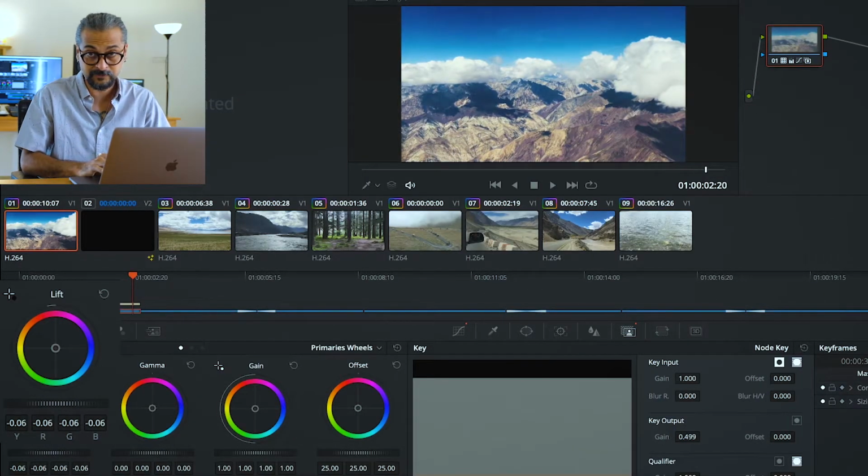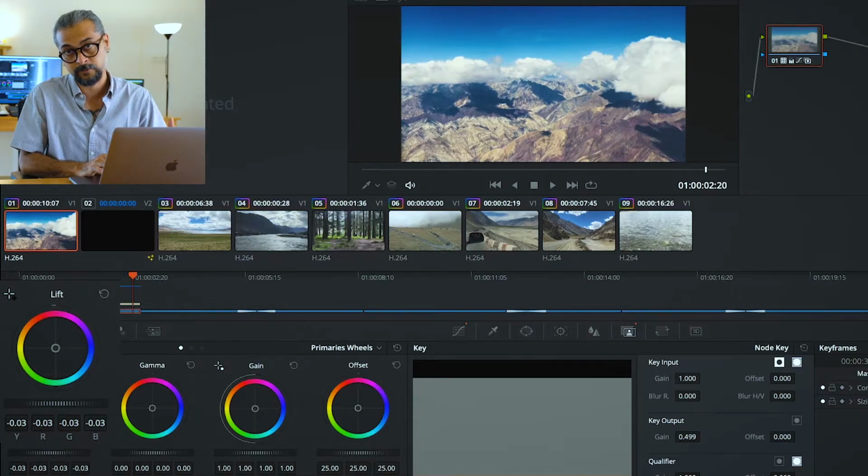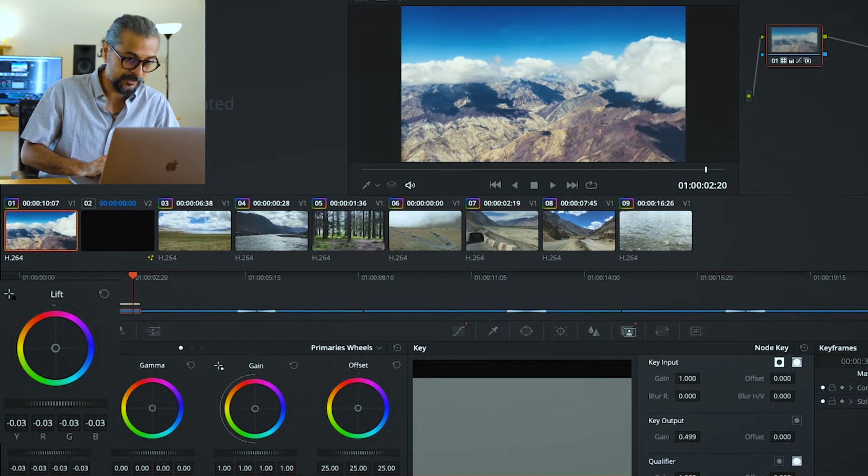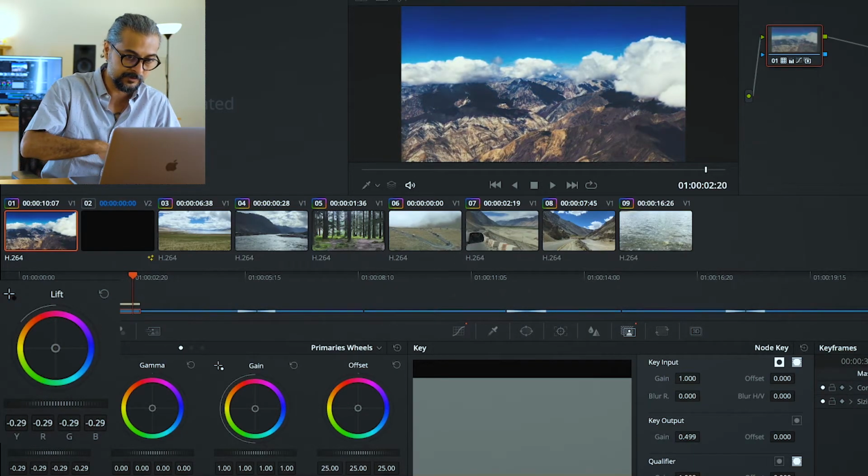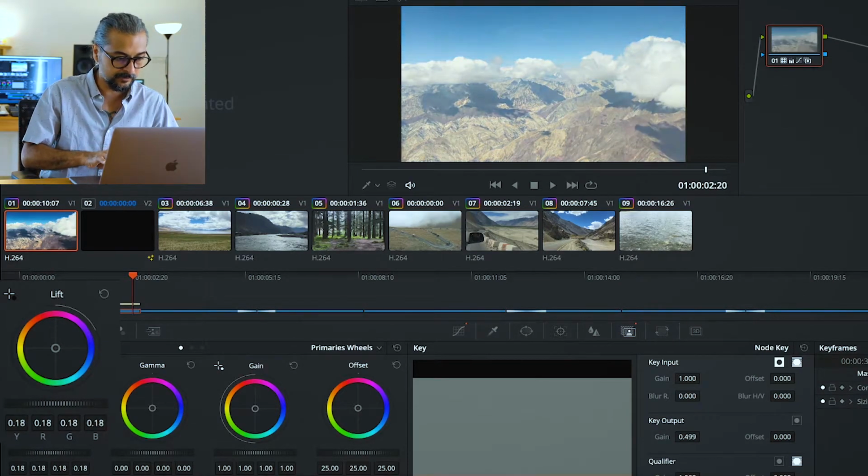So for example, lift is basically what controls the shadows or the blacks. If you take your cursor and slide the slider to the left, it'll keep decreasing the blacks and making it darker, as you can see, and on the right it makes it brighter.